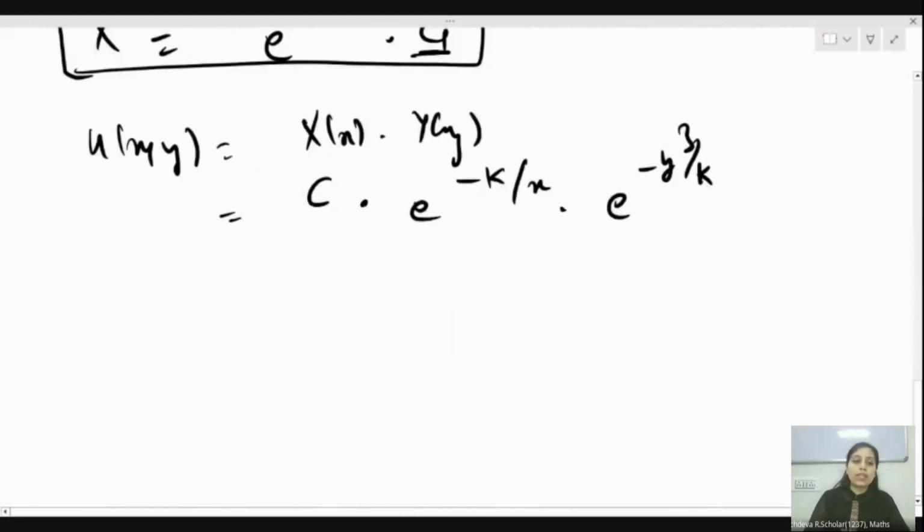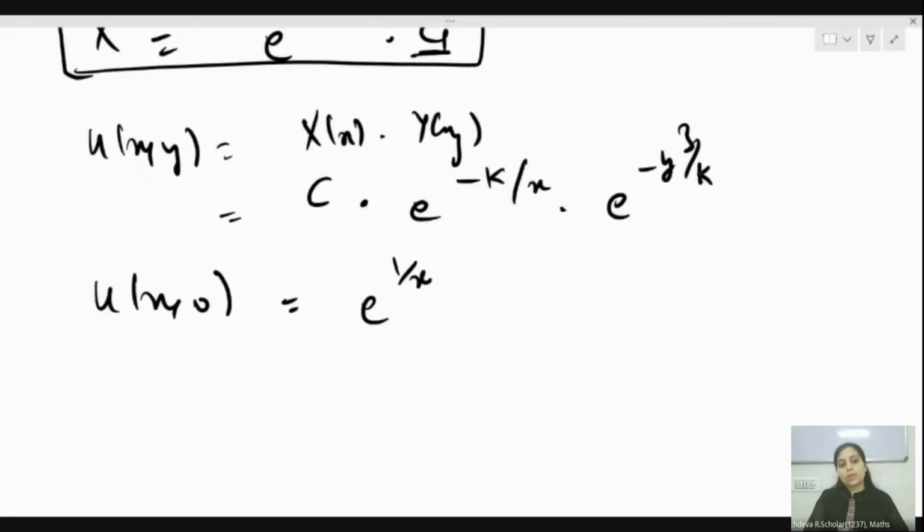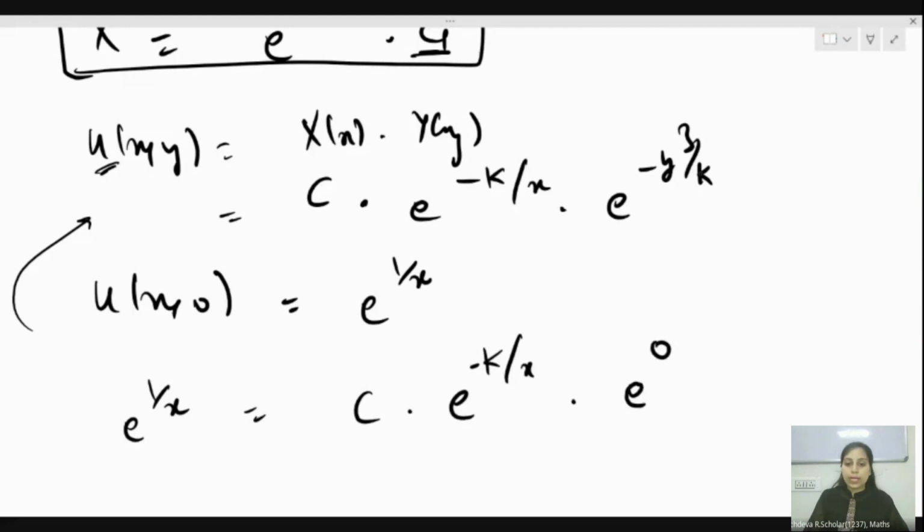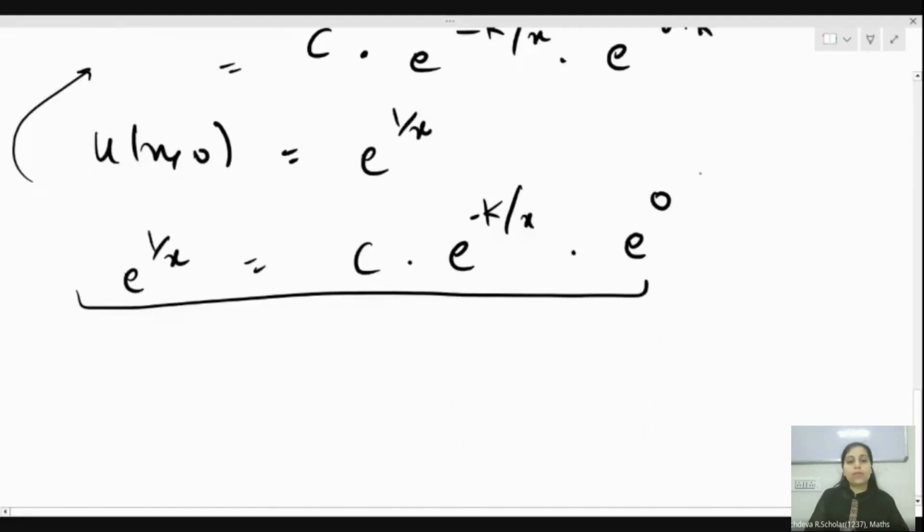The condition is given as u(x,0) is equal to e raised to power 1 upon x. So substituting this equation here, we get the value of constants and then we can solve further. Substituting y is equal to 0, u will become e raised to power 1 by x. Y is equal to 0, e raised to power 0 is 1. So comparing both, we get, after comparison, c is equal to 1, k is equal to minus